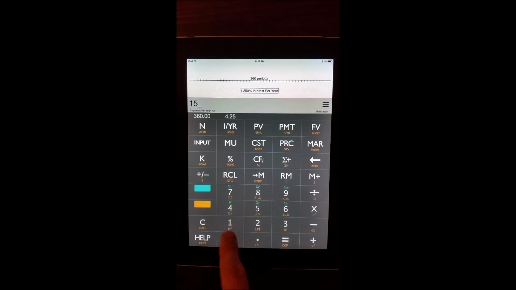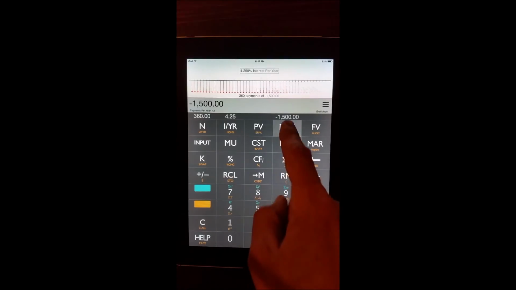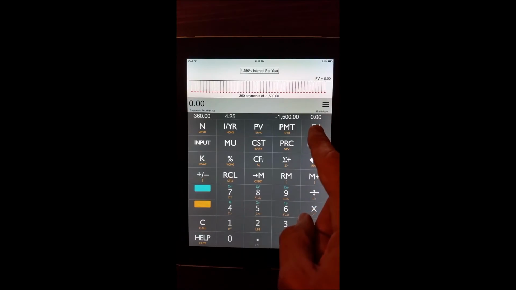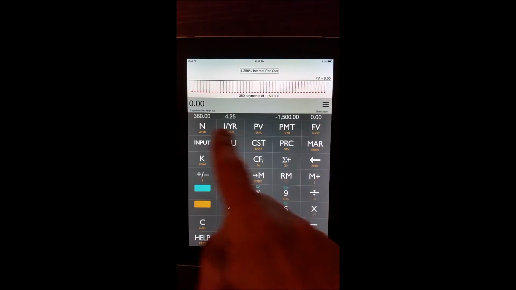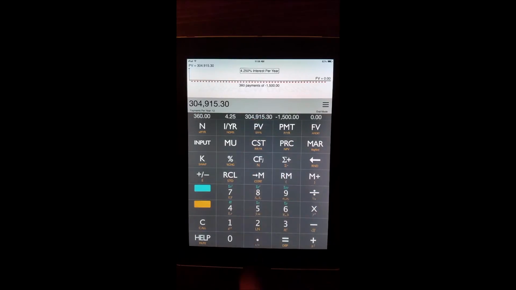So that means put $1,500, and we're going to put negative here because the money is going to be leaving Dan's pocket. Dan will be paying $1,500 a month to keep the mortgage, to be able to keep the property, to keep the mortgage current. And then finally, this loan is fully amortizing, so that means at the end of 30 years, the value will be 0. So we're going to put FV, the future value, as 0. Now, once we know these four, we can solve for the fifth by simply pressing PV, and it comes up to